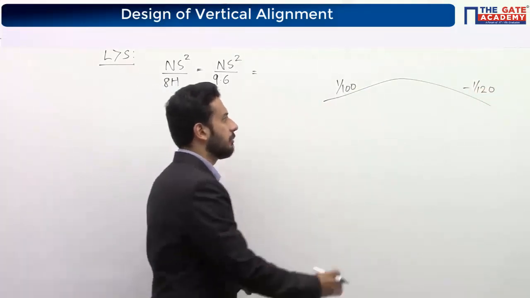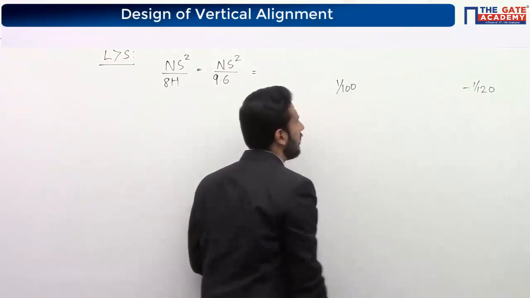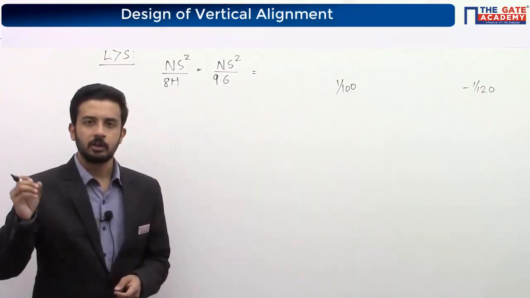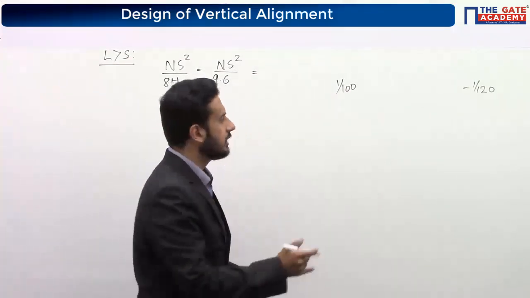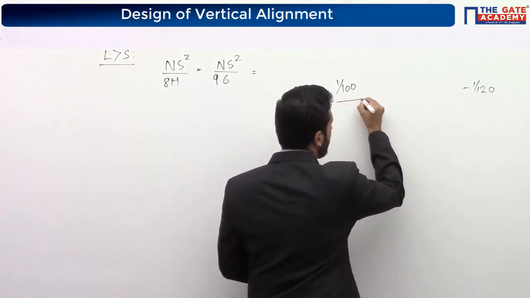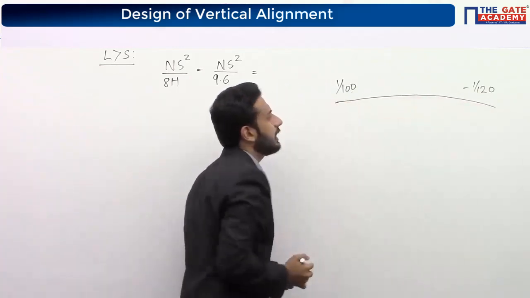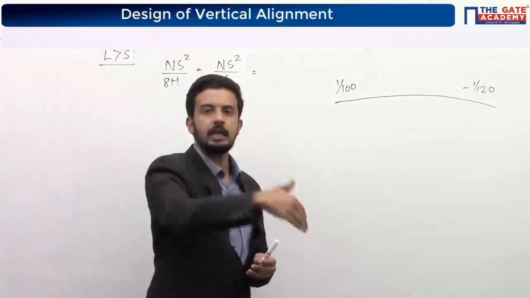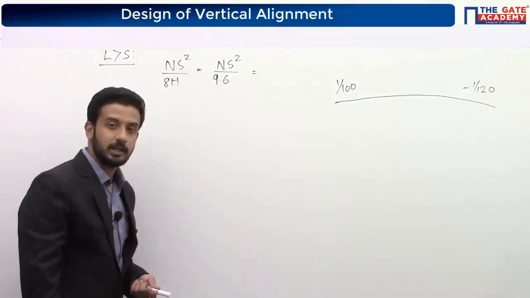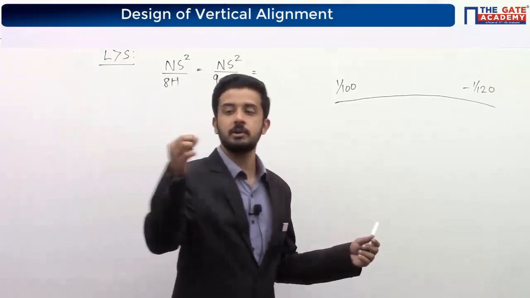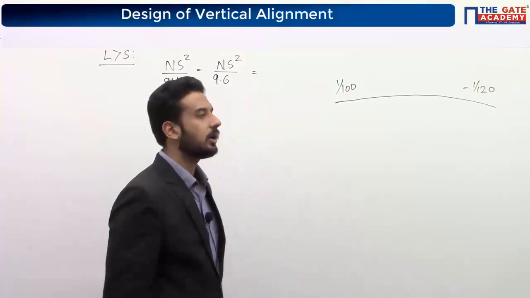See, one more thing. It will not be a hilly slope like this. 1 by 100 means, whenever you are moving 100 units, only 1 unit upward. So actually, this vertical gradient may be something like this, a very small gradient. Don't think that it's a hill and the vehicle is going over a hill. No. 1 by 100, 1 in 20 and so on means whenever some 100 meters is covered, then only 1 meter height. It's a minute slope actually.